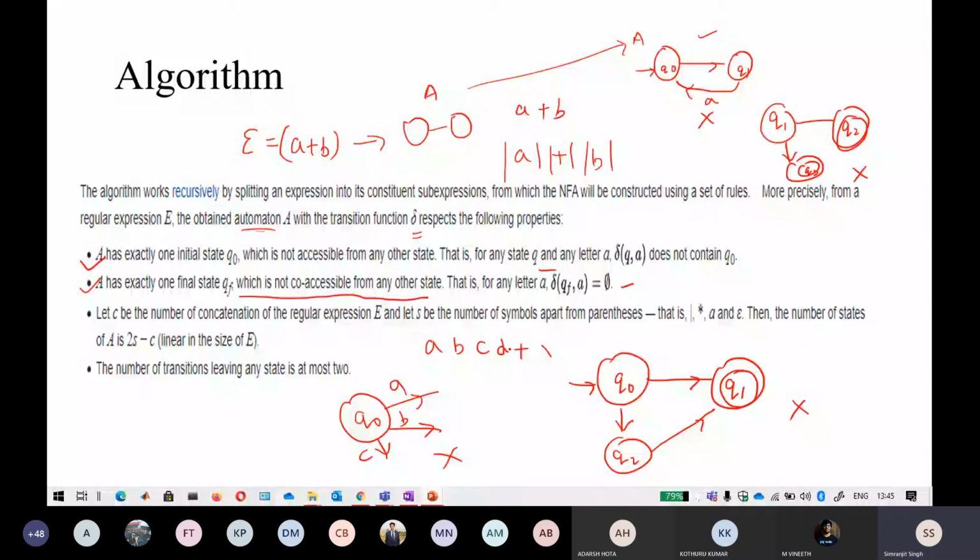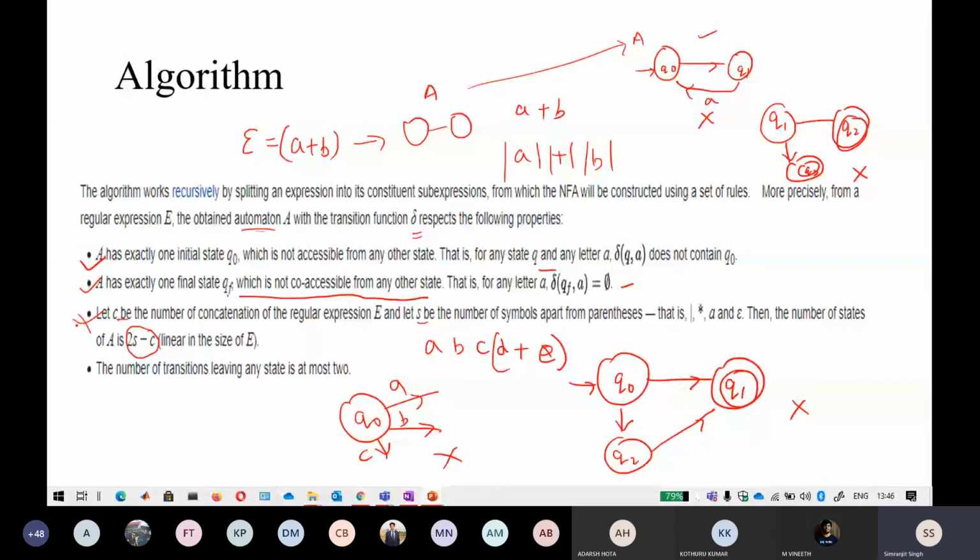Then the number of states will be 2s minus c, linear in the size of E. So calculate s from here and c from here, and apply this formula. If the number of states falls within this, then you can apply the Thompson construction method.